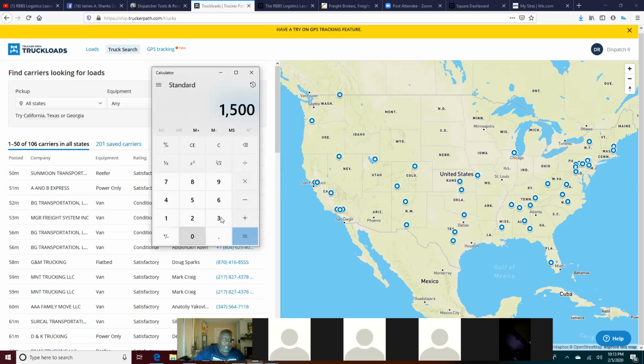That's 30% of the 1,500. You've got to do the minus. You can't do it times 30%. That's $450. So the 450, you take off 70%. Flip flop. So they're making 315.